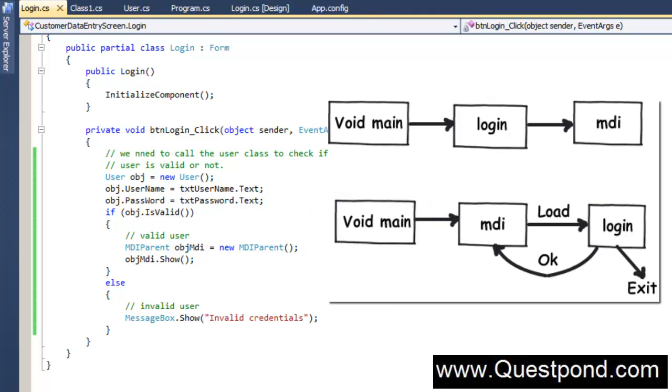So a better approach would be that from the static void main, we first pop up the MDI parent. And in the MDI parent load, we pop up the login form. And the login form will not close until you put a proper username and password, right? Once you put a proper username and password, the MDI form will unload the login form, and it will start running the application. So in other words,